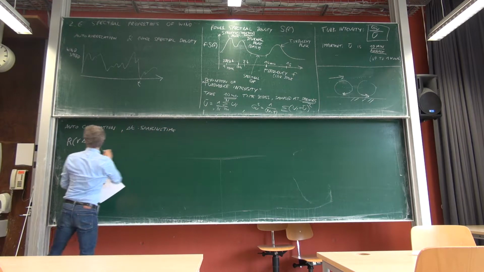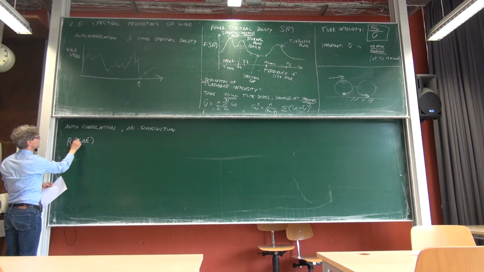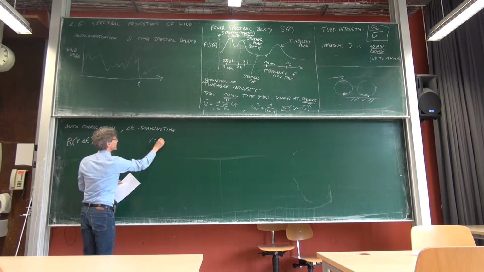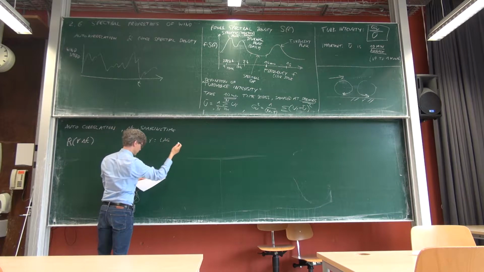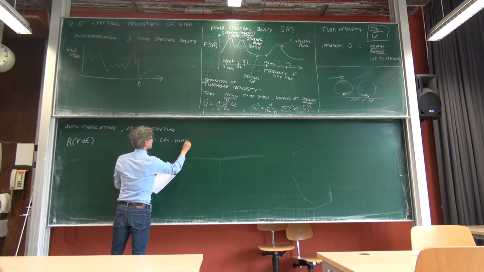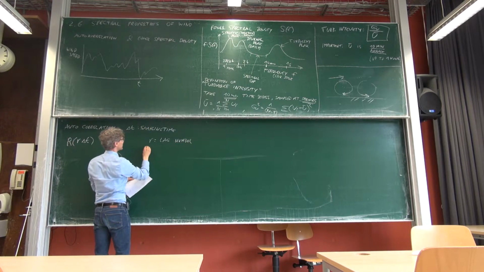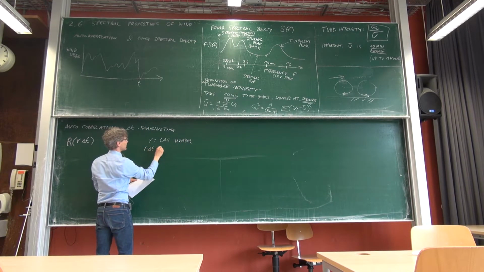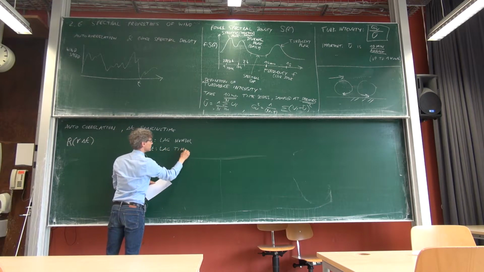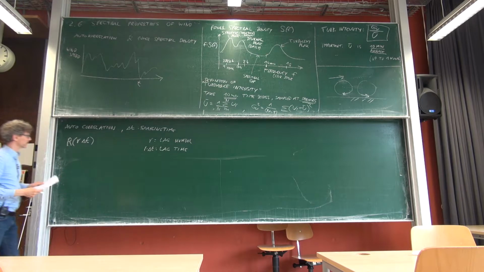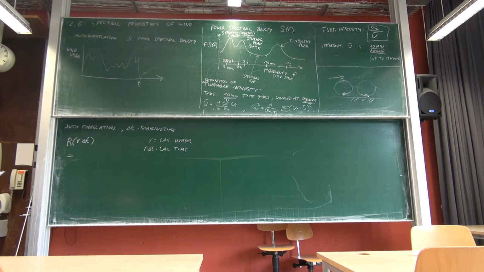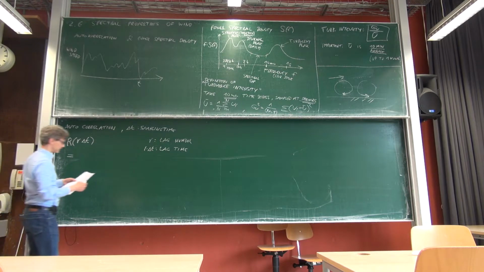and I want to have autocorrelation as a function of time, so I introduce an integer r, and r is what I call the lag number. So it's just the number of samples I'm lagging, and r times delta t is what I would call the lag time. It has a unit of seconds, and it's much more intuitive, so I get rid of my sampling time again. And so if I want to define autocorrelation, and I regard my wind speed variations,